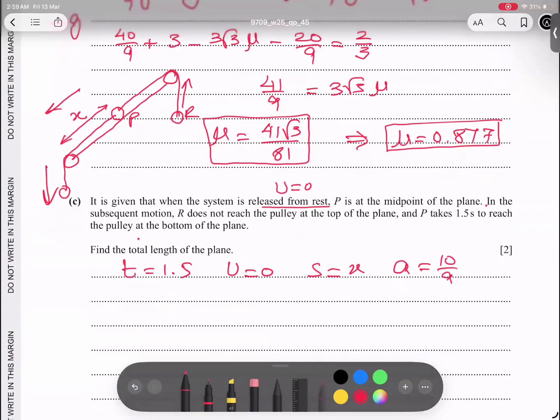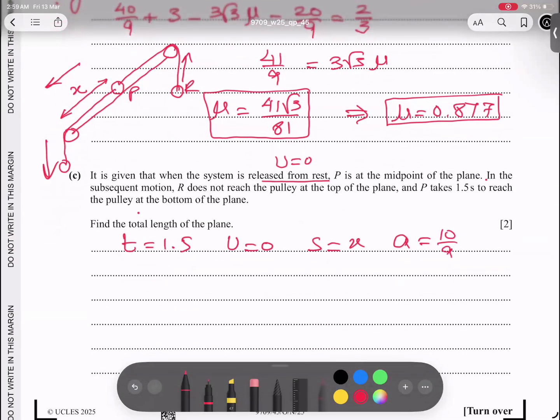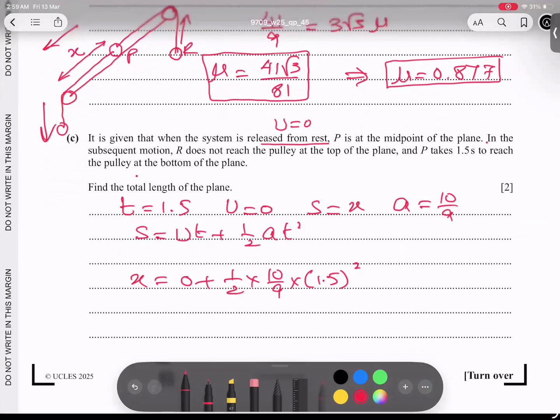Okay, this is the acceleration. So what is my job? I think it is very clear. S is equal to ut plus half at square. S is my job to find, u is 0, acceleration is 10 over 9, and time is 1.5 square. It's a matter of typing in the calculator. So 5 over 9 times 1.5 square. And I am getting here, students,